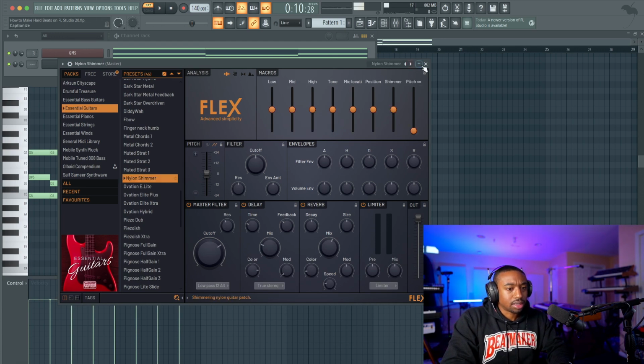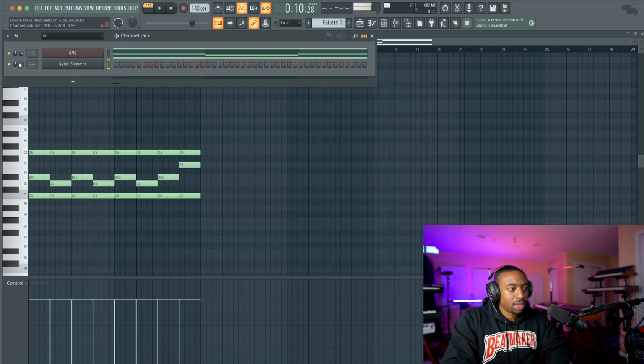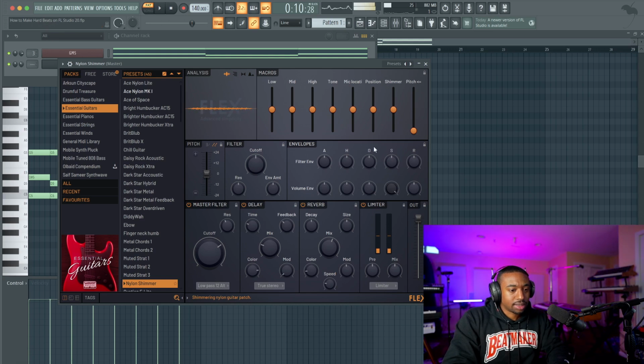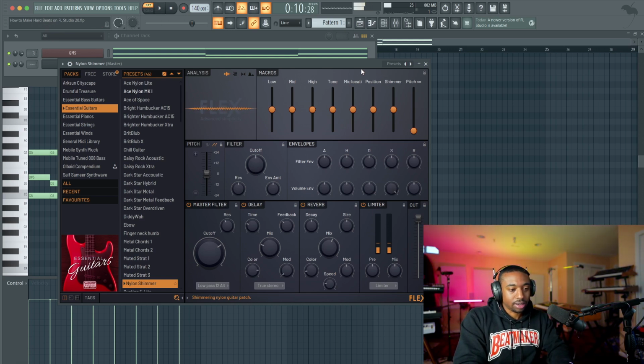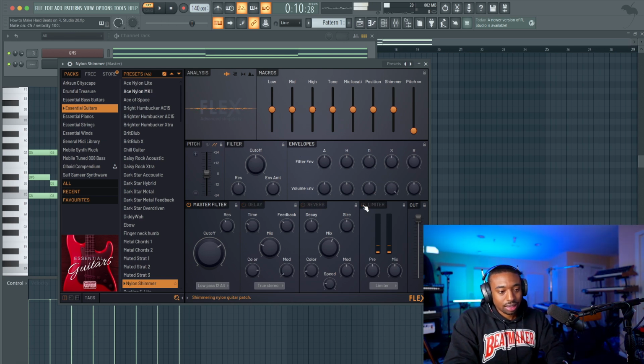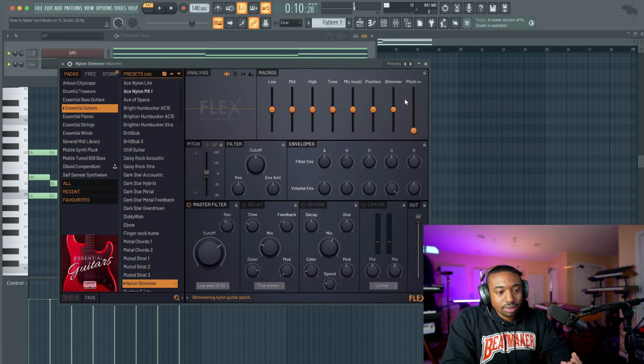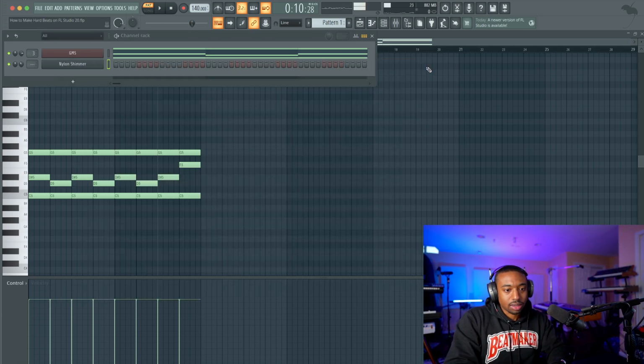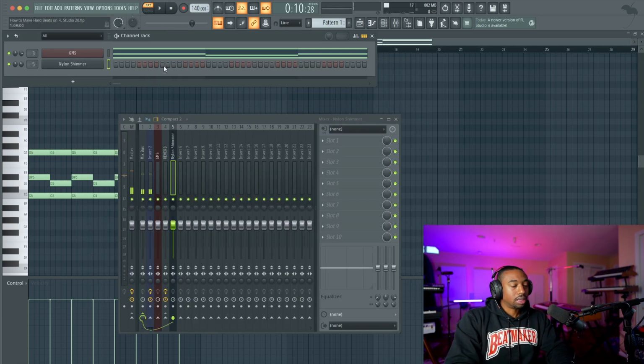Okay, so let's see what this sounds like. It's a little heavy, so let's pull this down in volume with the channel volume. And let's go to the sustain knob. And when you pull this up, it has like an airy sound to it. Let's turn off the reverb and the delay and the limiter. So it's a little bland. So let's take off some of the shimmer. I don't know where that sound is coming from. I think it's just part of the sound. Let's hit Control L.